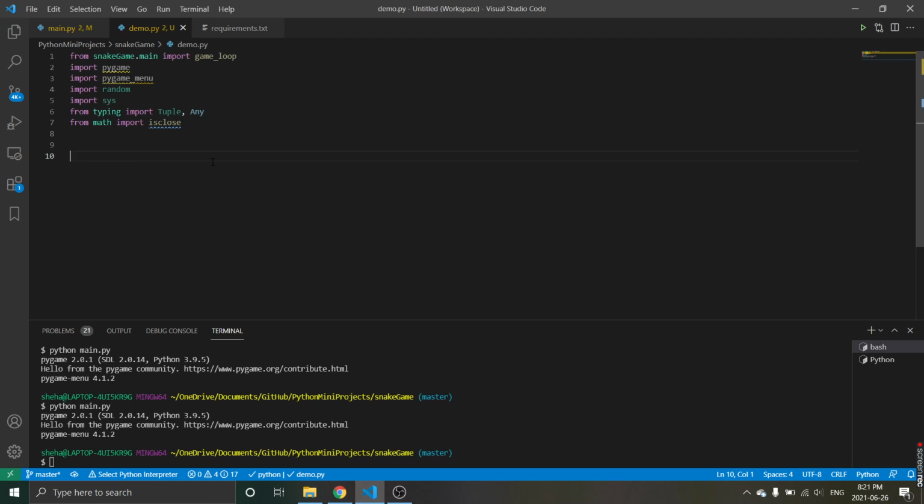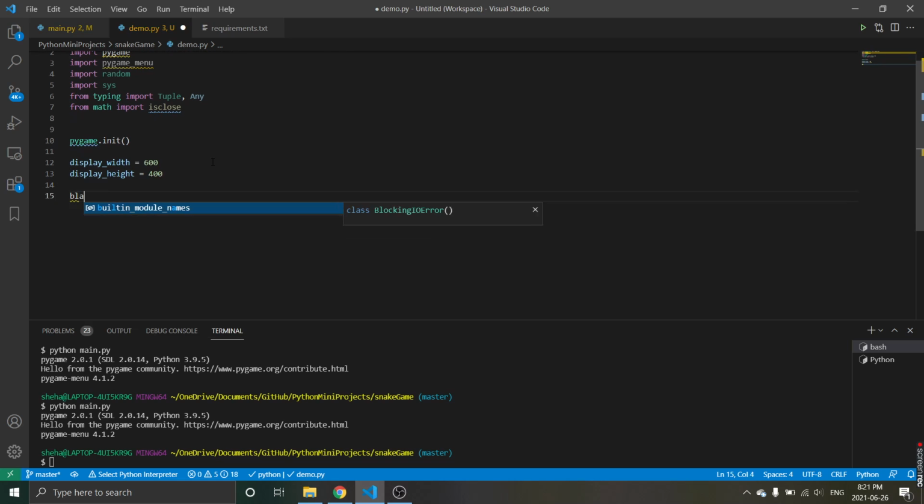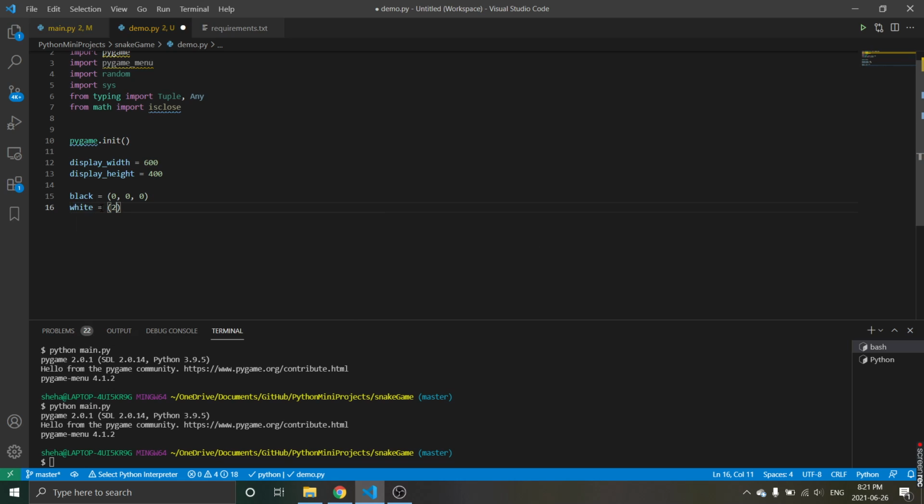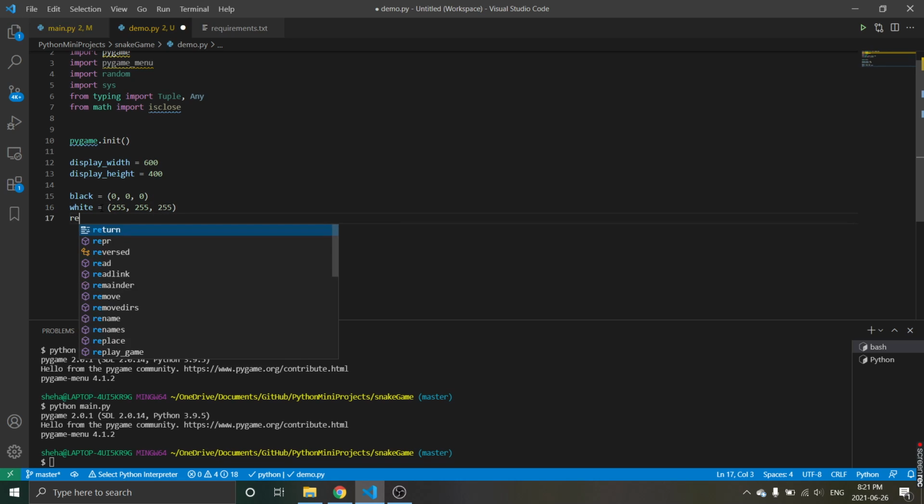Let's start from the top. First it's going to be some global variables. First we're going to say pygame.init to start Pygame. Then we'll say display width and display height, and then we're going to give it some colors. So black is black. Display width and height is the dimensions of the main window. And for the white color, this is the RGB code for white,